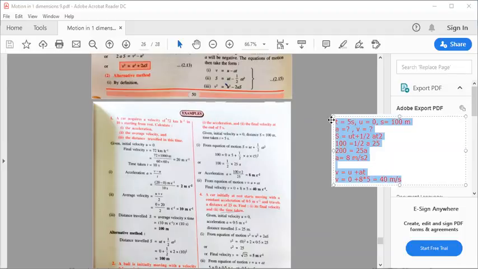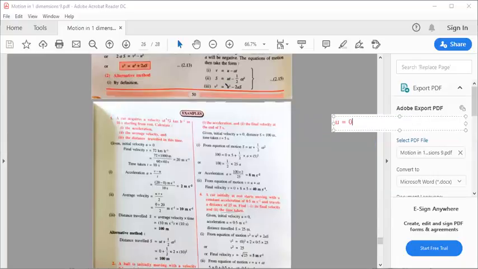Okay, now fourth sum. Car is initially at rest, matlab u is 0. Okay, and constant acceleration is 0.5 meter per second square. Travels with a distance of 25 meter. Now it's the same type of sum as the previous sum, and they are asking you final velocity and the time taken. So which formula you will be applying? They are asking you final velocity. Now can you tell me which formula you need to apply here?